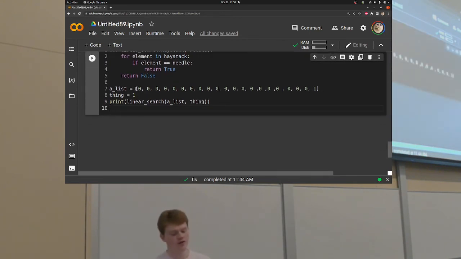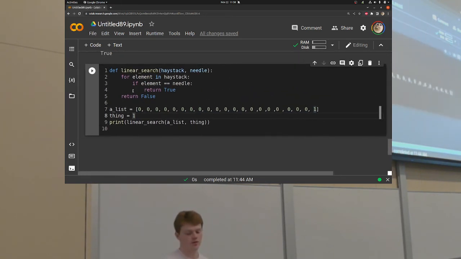So if we have a list that has that many things in it, and we just want to check if one exists in it. Obviously, you guys know how linear searches work. You've probably beaten them to death at this point, but